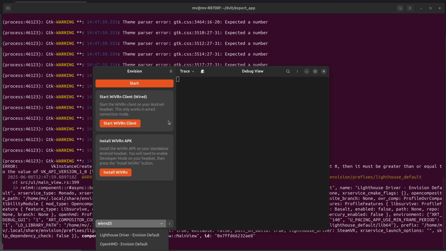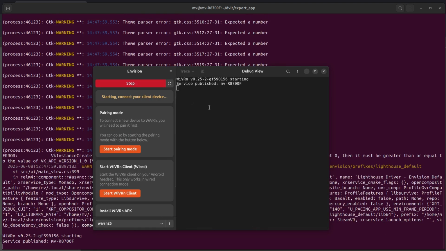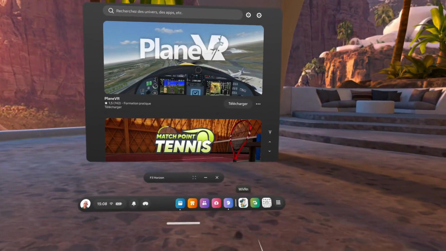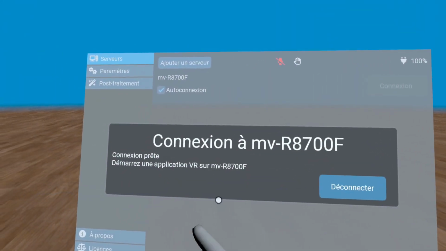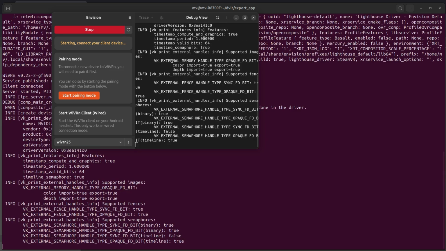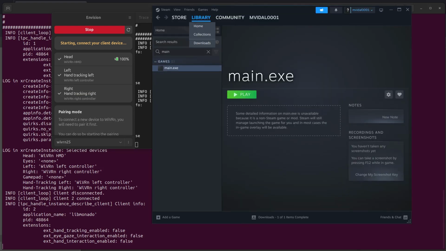WiVRn is the runtime we need when using a Quest. We launch Wivrn and Quest. We launch the apps from Steam.